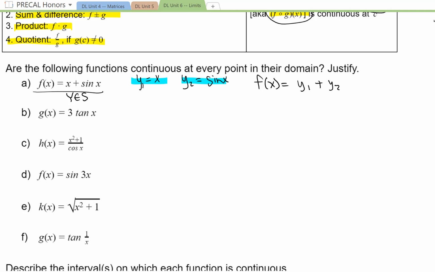Here we have the constant 3 being multiplied by our function, tangent x. So g of x is really just taking,